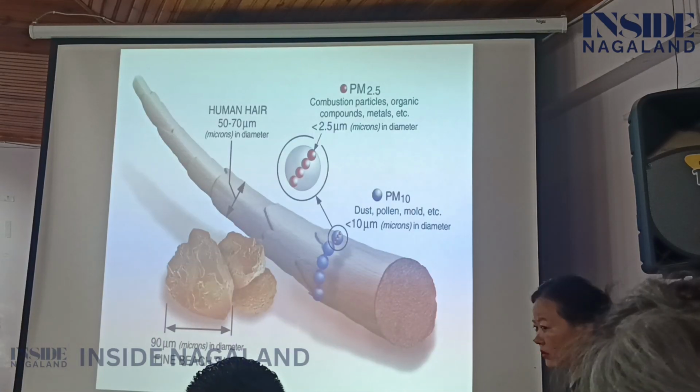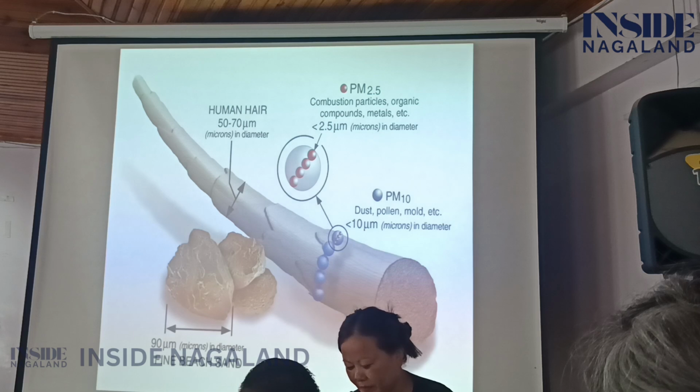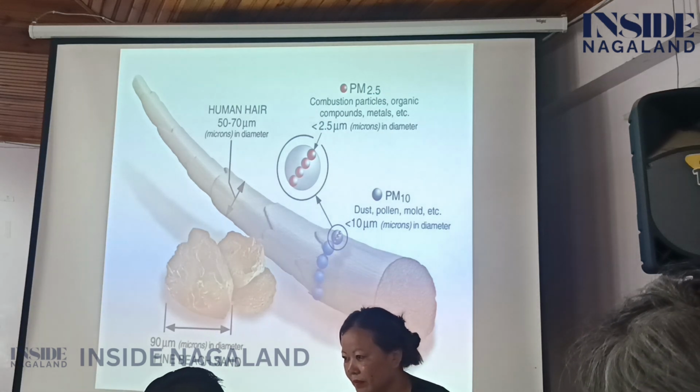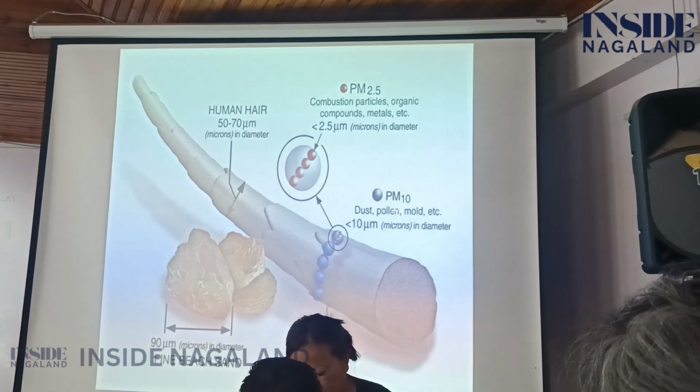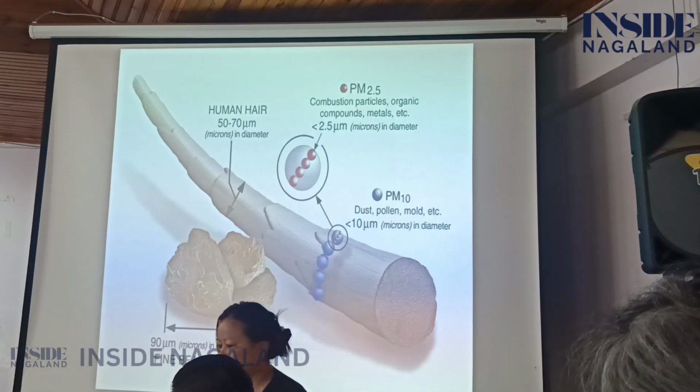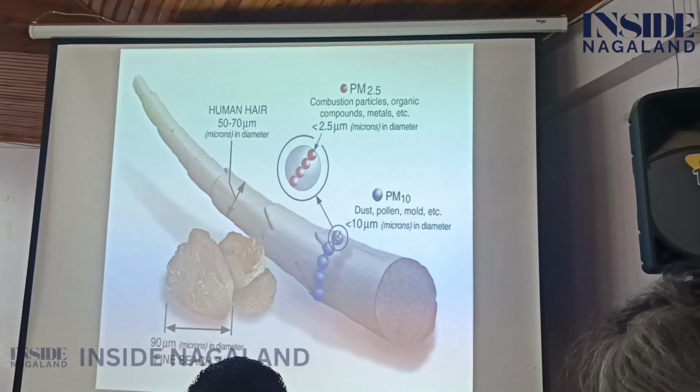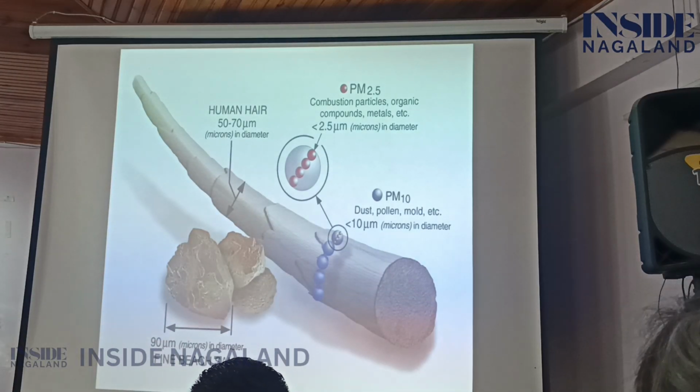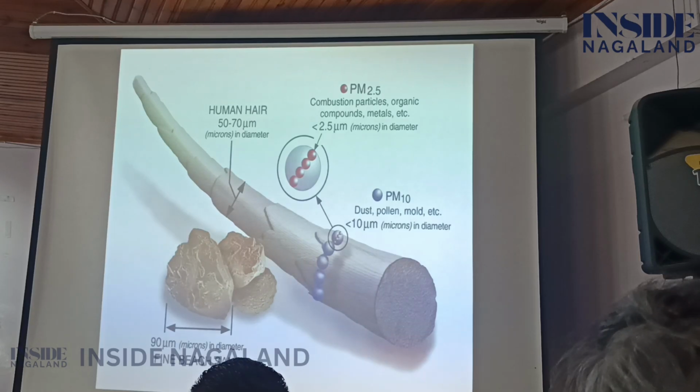So as I was saying earlier about the particulate matter PM10 and PM2.5. When we talk about PM10, if you take a strand of hair over here, PM10 is 5 times smaller than the strand of our hair. And PM2.5 is 4 times smaller than PM10. So you can imagine the particle size is so fine that it's practically impossible to see with our naked